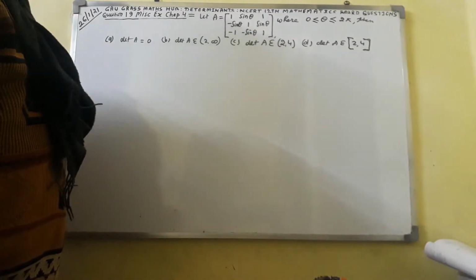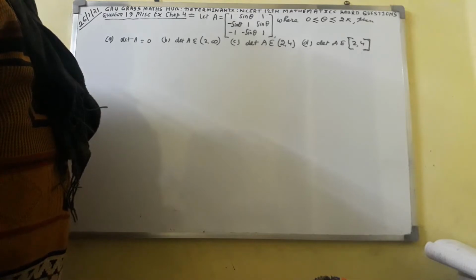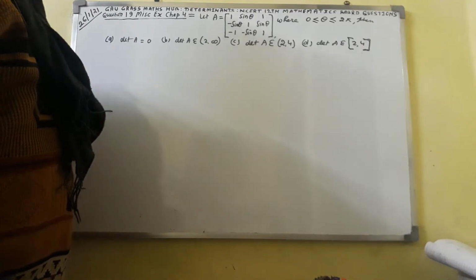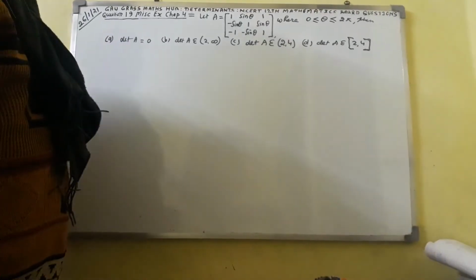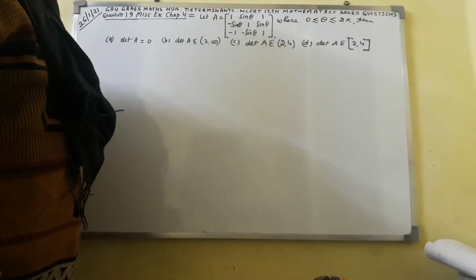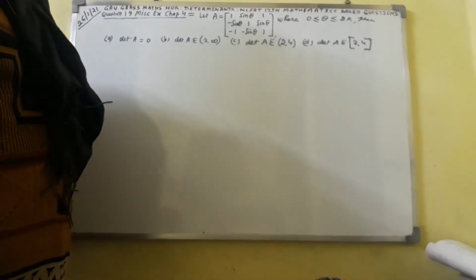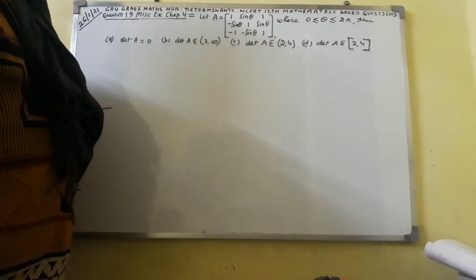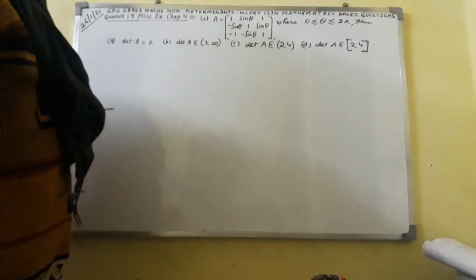The question is, let the matrix A equal to the matrix with elements of first row 1, sin theta, 1; elements of second row minus sin theta, 1, sin theta; the elements of third row minus 1, minus sin theta, 1, where 0 is less than or equal to theta less than or equal to 2 pi. Then option A: